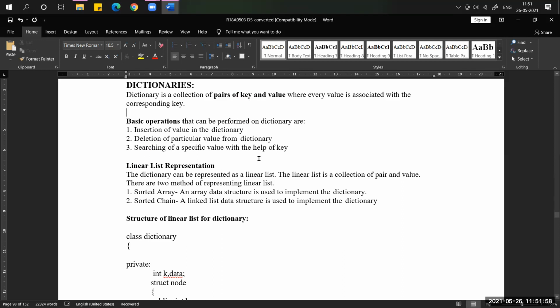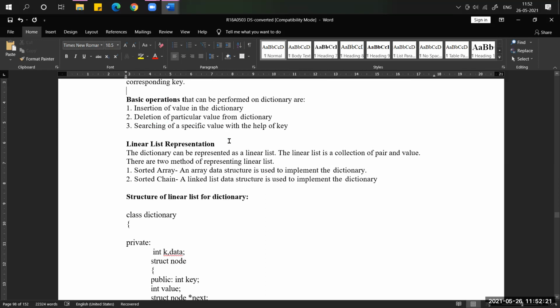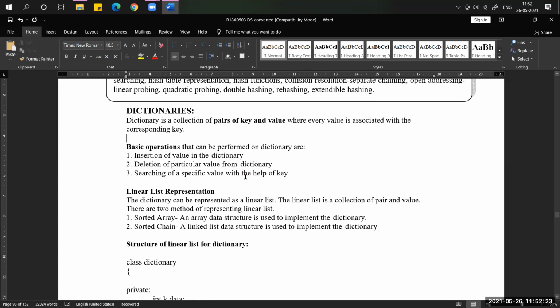Based on the key I can search whether that particular key's details or data is present in the dictionary or not. That is nothing but a searching operation. So these are the three basic operations which we can perform on dictionaries.